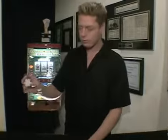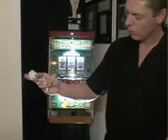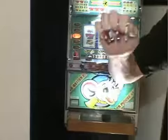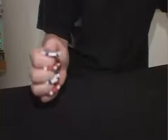There's a couple flourishes I'd like to show you using the butterfly. Once you get the butterfly down, just collapse all your fingers at the same time and have all the chips stuck between your knuckles. Now from this position,